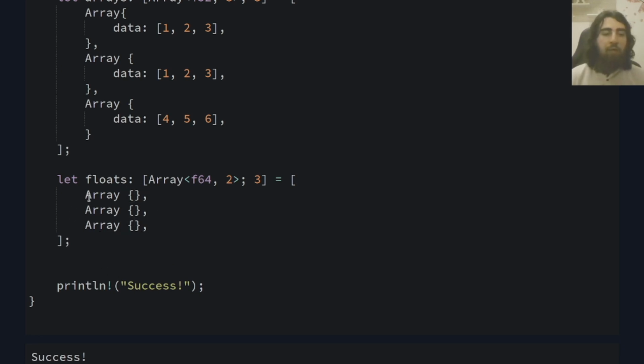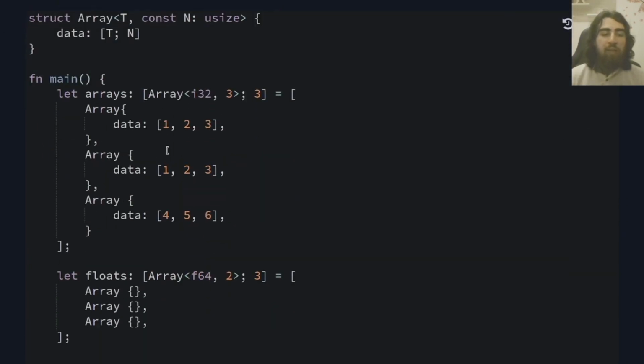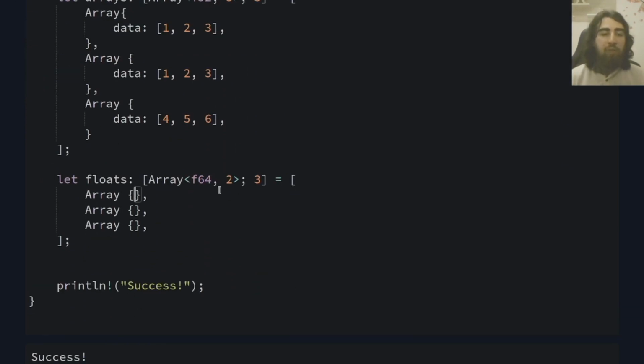As you can see, we have here 3 elements of type Array. Now we define here for the generic type parameters that the data field should hold an array,